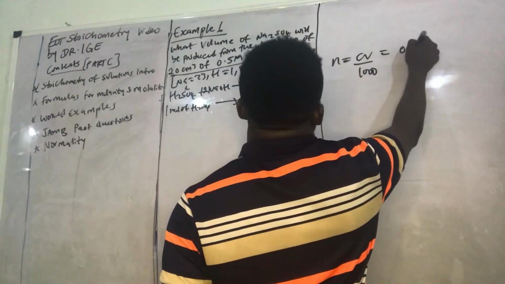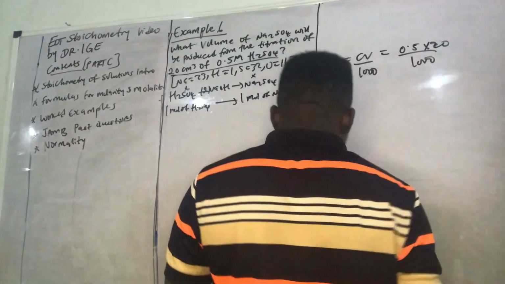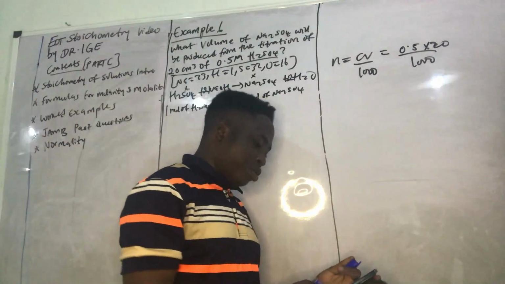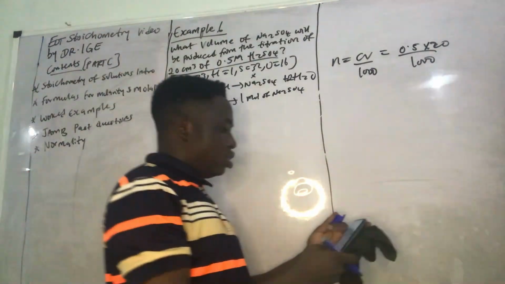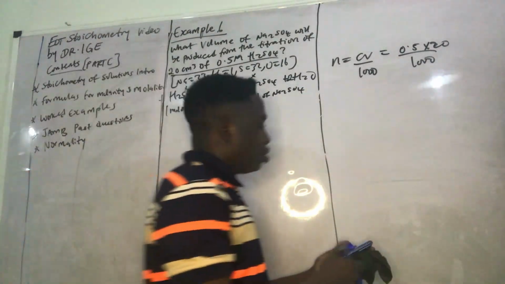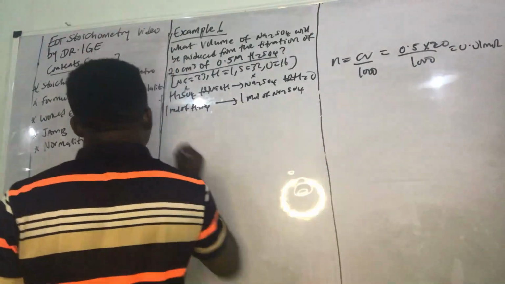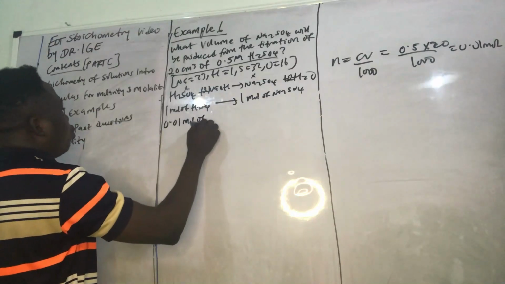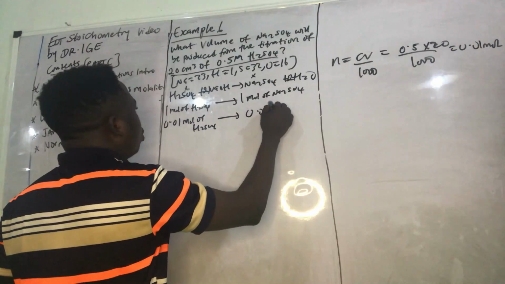What is C? 0.5. What is V? 20 over 1000. You see, we can use this value to look up the number of moles again. That is now reacting from this specific reaction. So we have 0.5 times 20 divided by 1000. So we have 0.01 mole. So it means 0.01 mole of H2SO4 we actually produce what? It will still give us 0.01 mole of